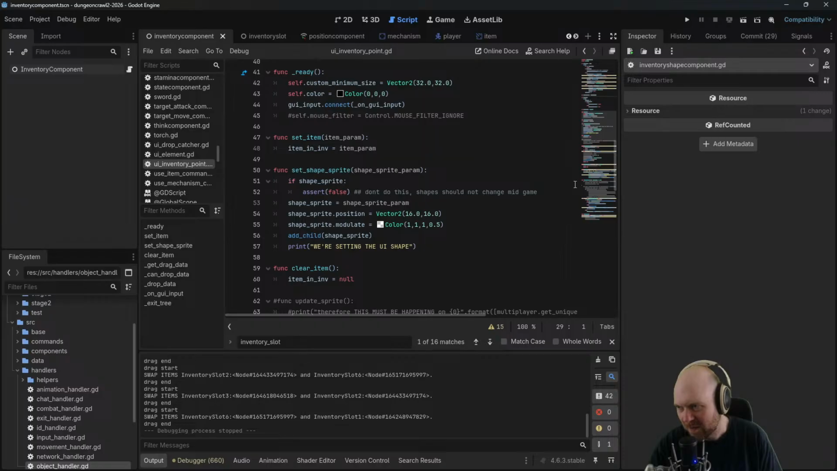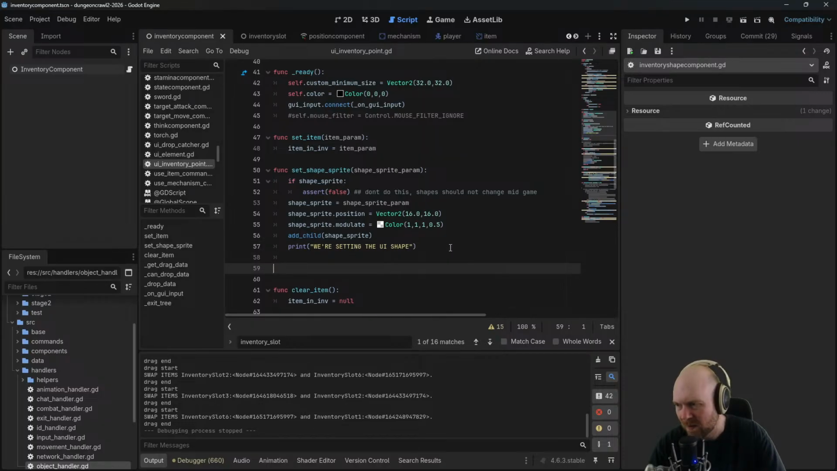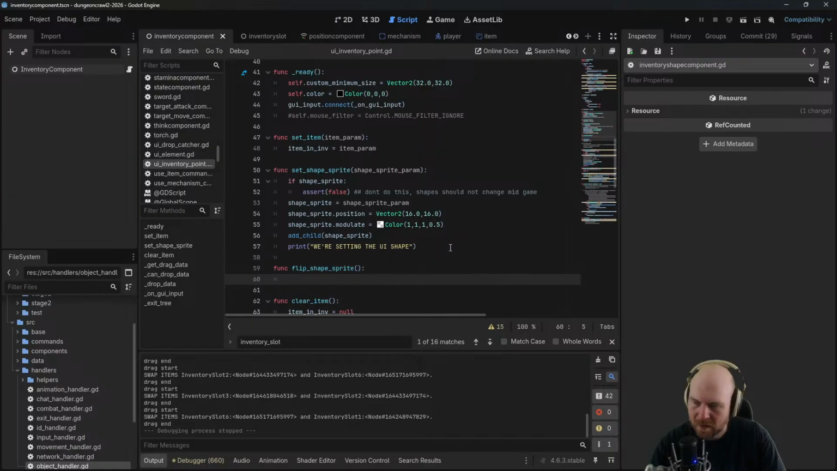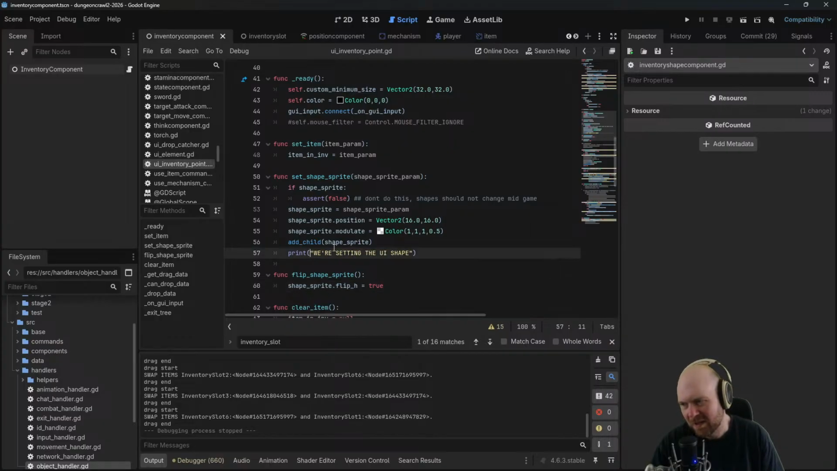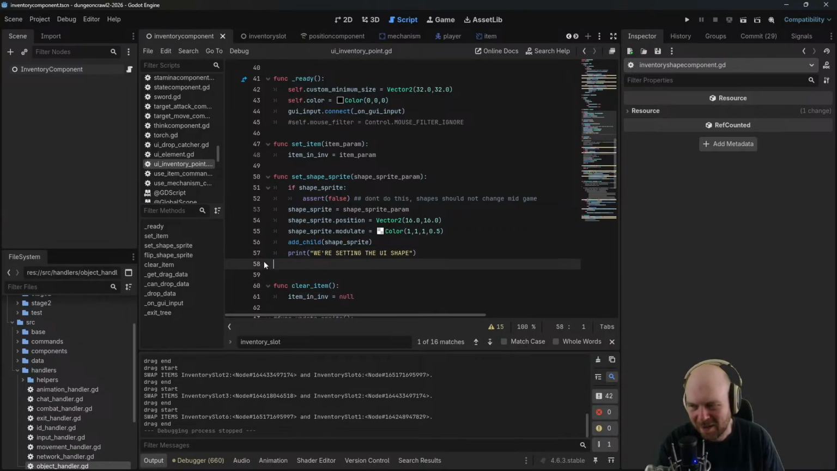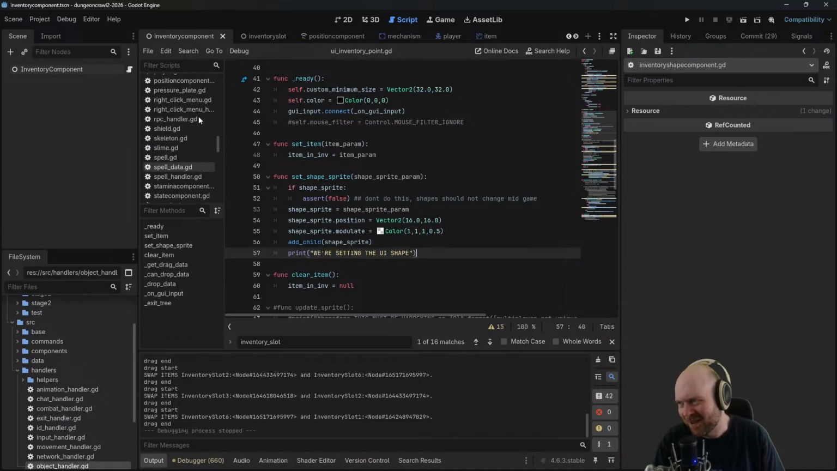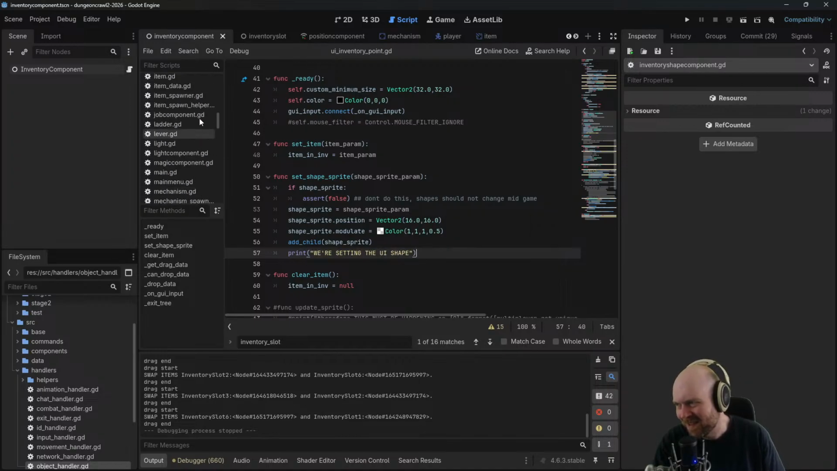Let's call it flip shape sprite. Sprite dot flip h equals true. And that's it. Do I need a function for this? Not really. Let's just not. Let's just go do this